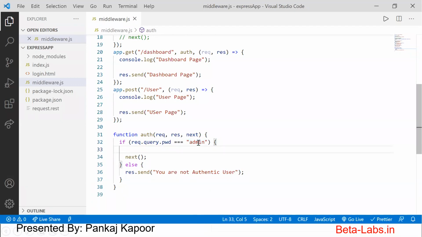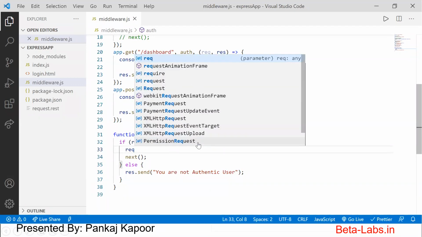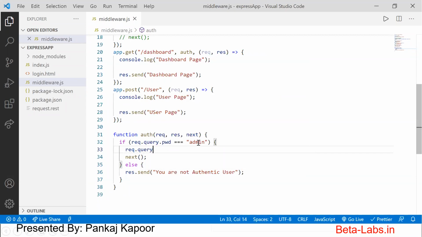So if I change the value, request.query.pwd equals, say, Pankaj, I'm going to update the value. Now if anyone wants to access this updated query value, they can access it.